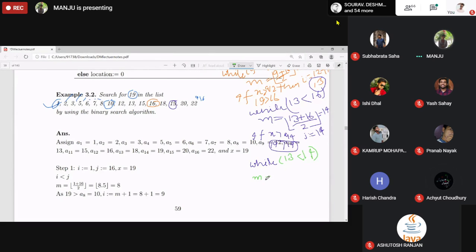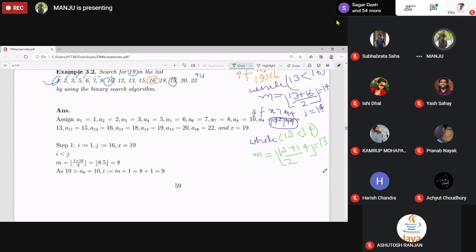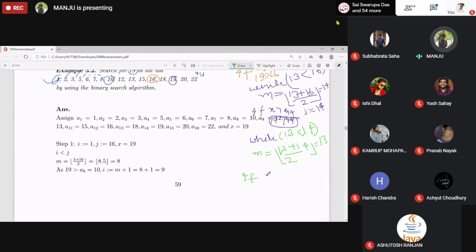M becomes floor of (13 plus 14) by 2. This will give you 13.5, floor function 13. Again it checks if x is greater than a13. 19 is greater than a13, true.